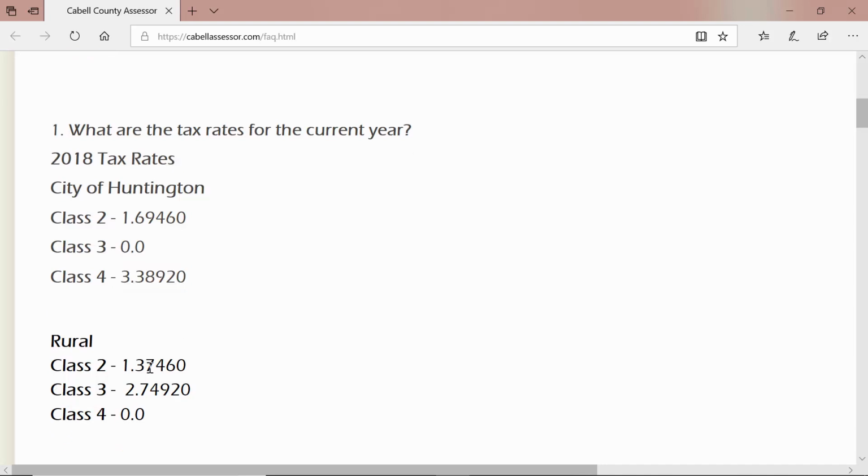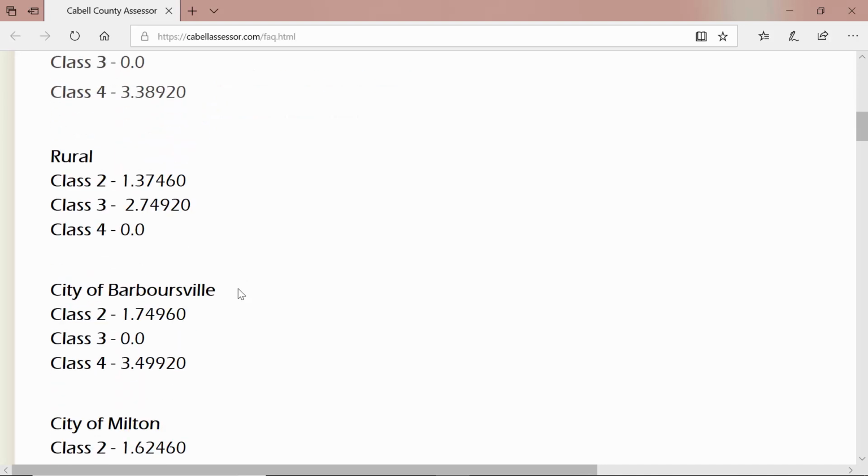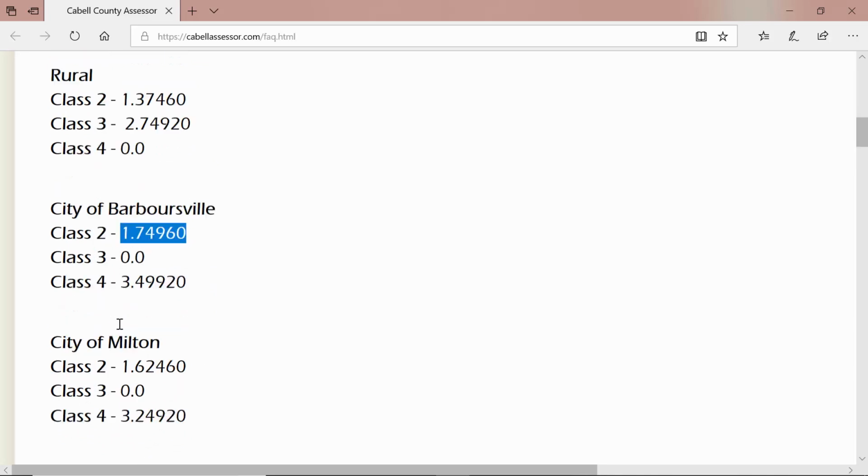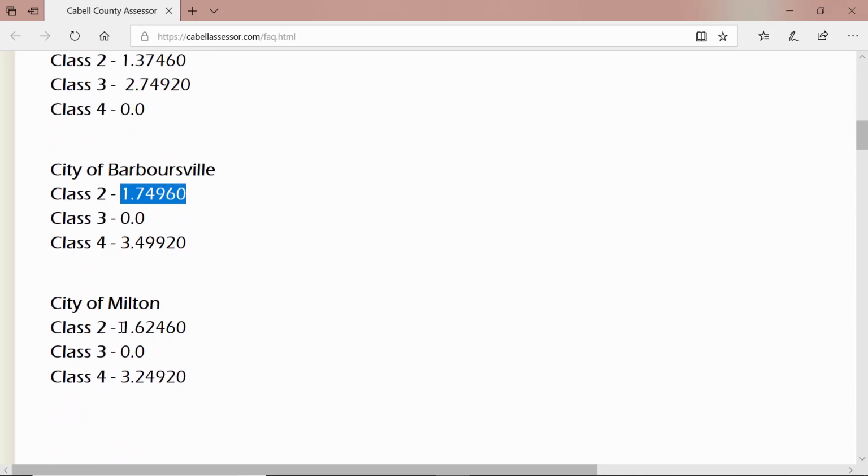And you'll notice here in rural areas that the taxes are lower. So I live in a rural area, and I pay lower taxes than people in the city of Huntington. Barboursville has even higher taxes than the city of Huntington, roughly 1.75 percent. And then Milton is the lowest of the three cities that we have in Cabell County. All right, so I have